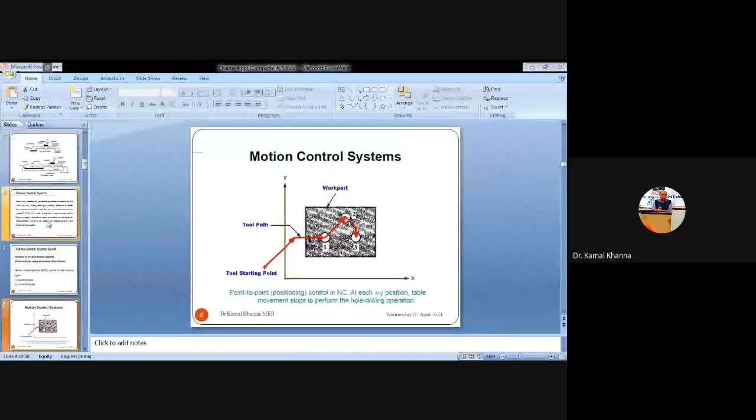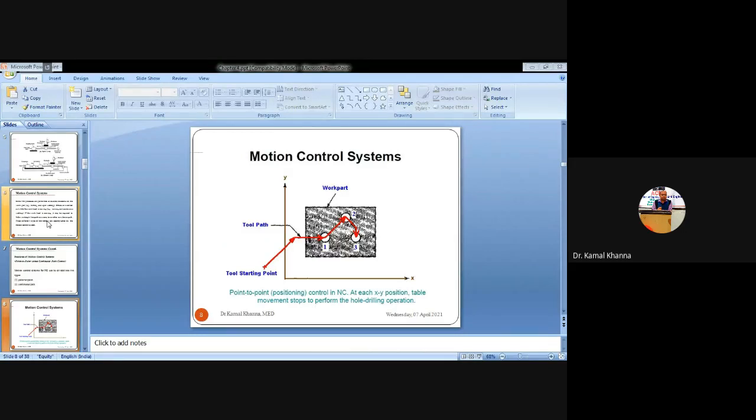And here you can see this is the y-axis, and we have shown the z-axis as well. The central portion is the workpiece. The line shown in red is called the path of the tool, from where the tool has to move from 1 to 2, 2 to 3. This kind of motion is called the discrete location motion, or you can say point-to-point positioning. And we have taken a star, the left-hand side point on the left of the y-axis, as the origin or starting point from where the tool has to be fetched from the tool drum and used.